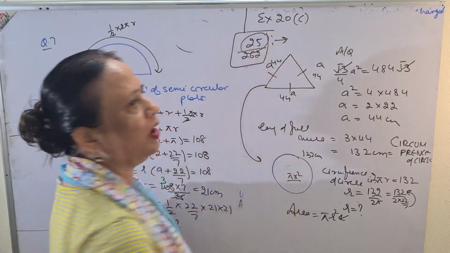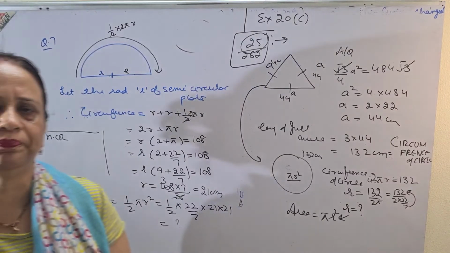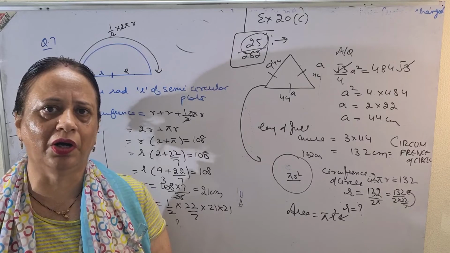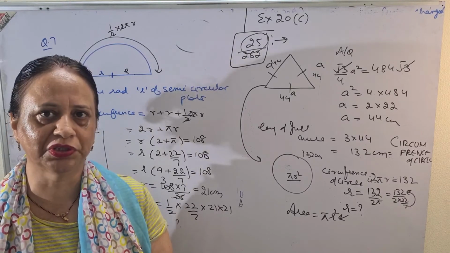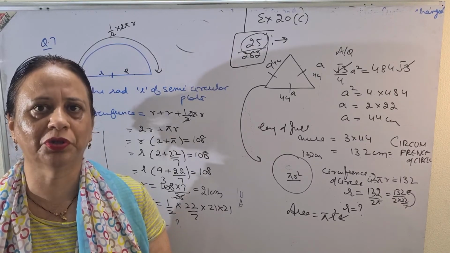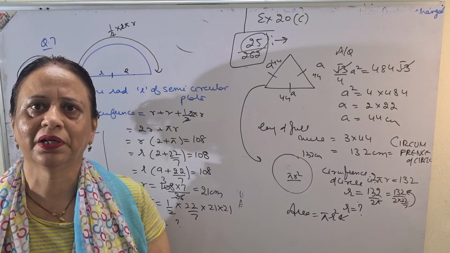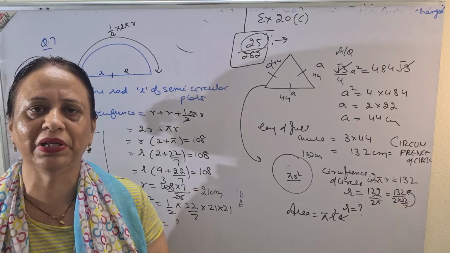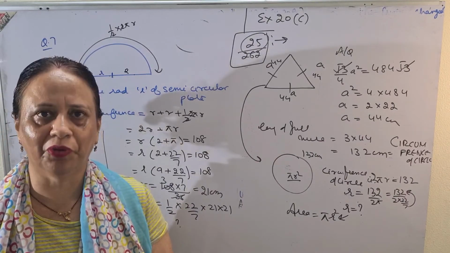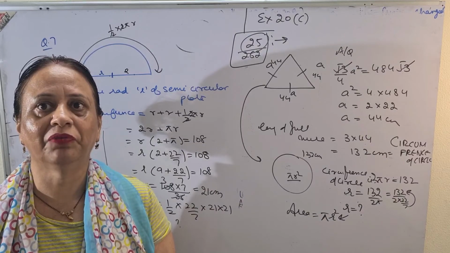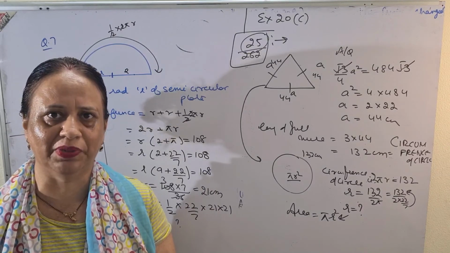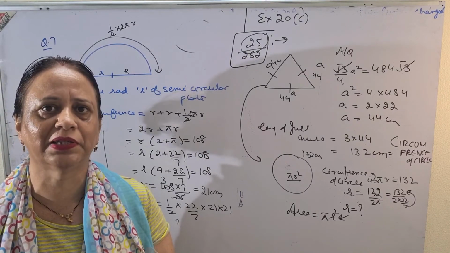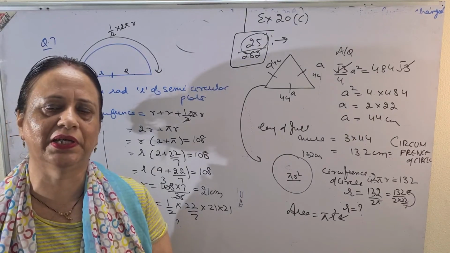So almost all types of sums I have discussed with you. Still, if you are having a problem, you know where to discuss. Please do all these sums before Tuesday by noon, so that when I take your doubt clearing session at 4:40, you are ready with your doubts. But children, please send your doubts beforehand so that we can save time. From 4:40 to 5:30, I have only 40 minutes. So please send your common doubts. I will do them before, and if some are left, I will send them in the WhatsApp group.